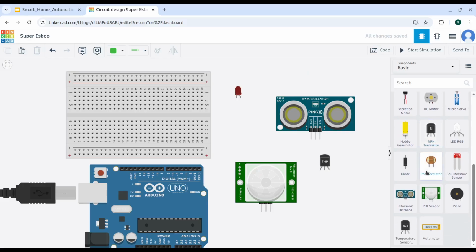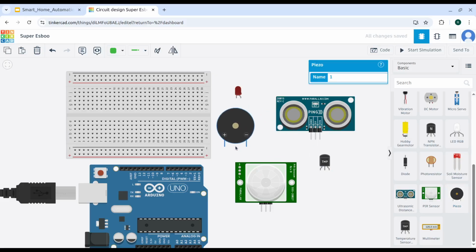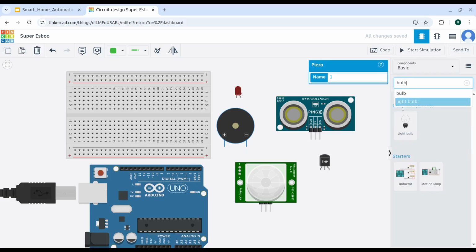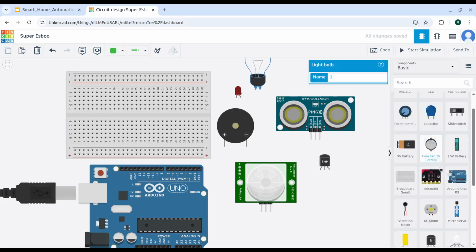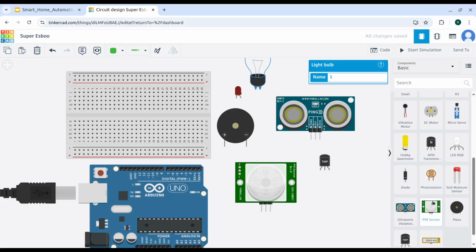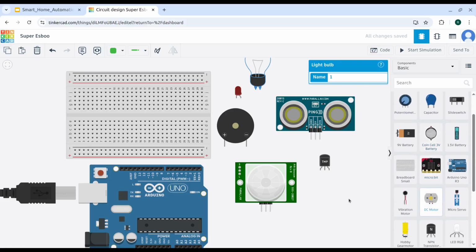Yeah, then we need buzzer, PIR, Arduino, buzzer, temperature sensor, then bulb, search it here, bulb, yeah, then motor, yeah, DC motor,